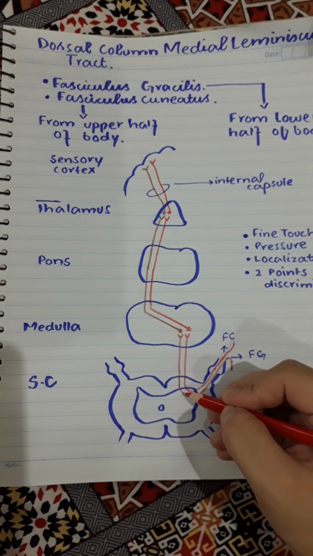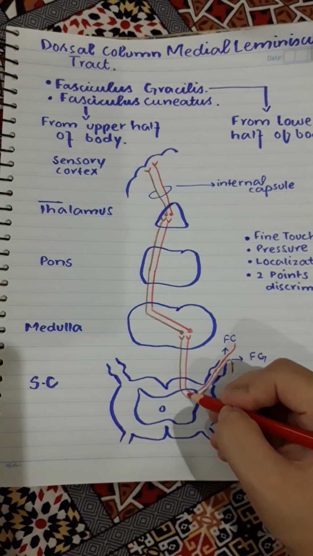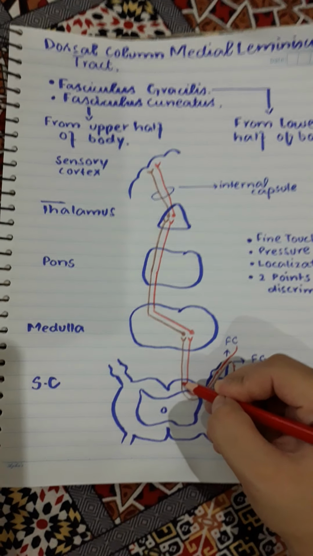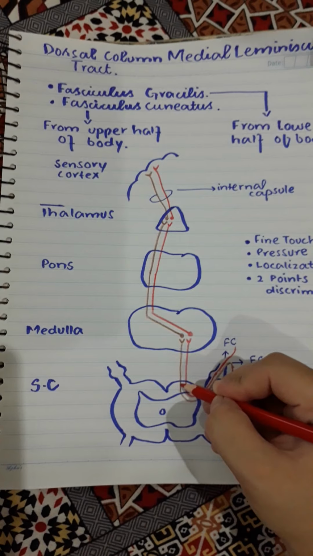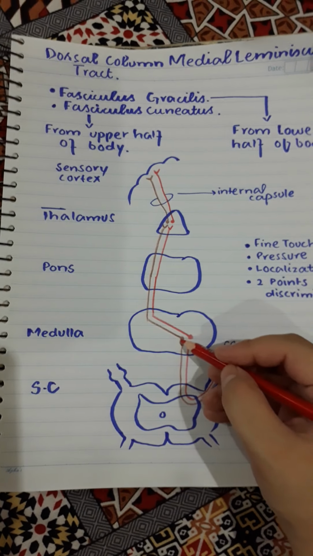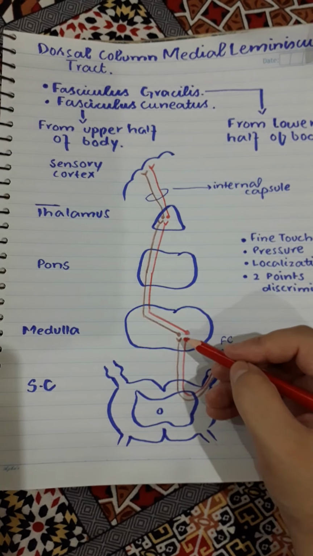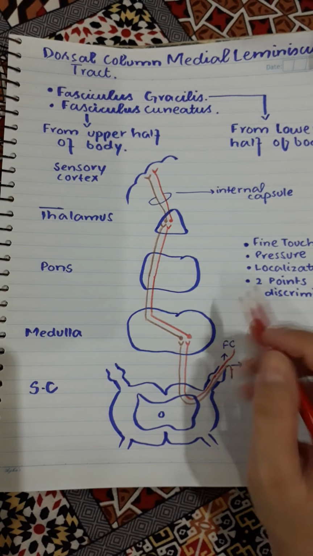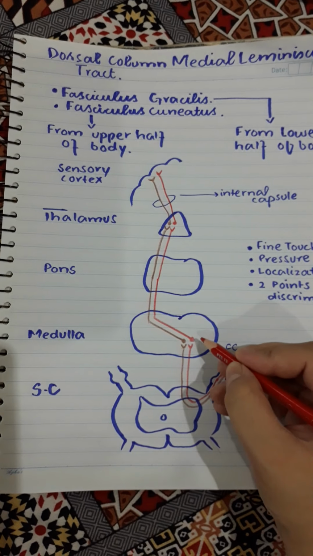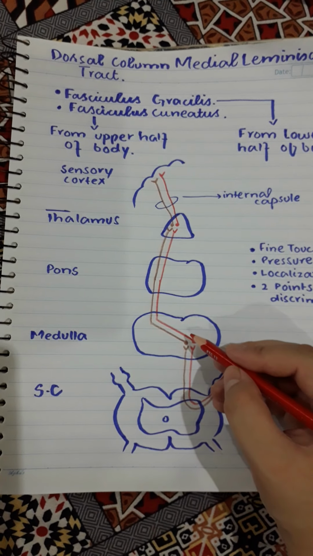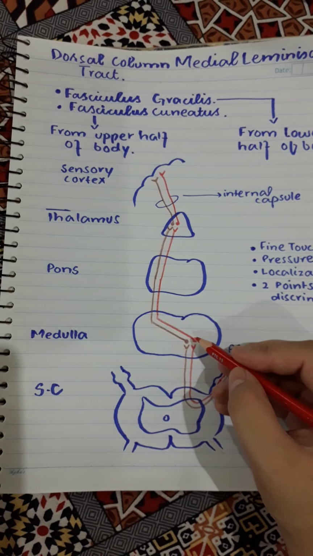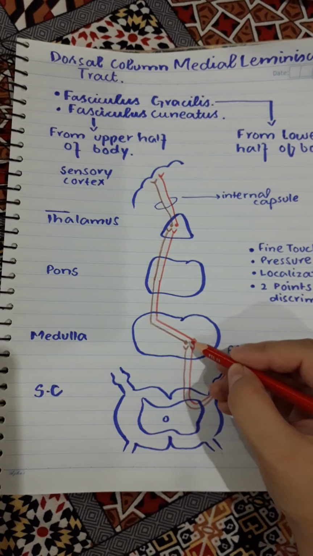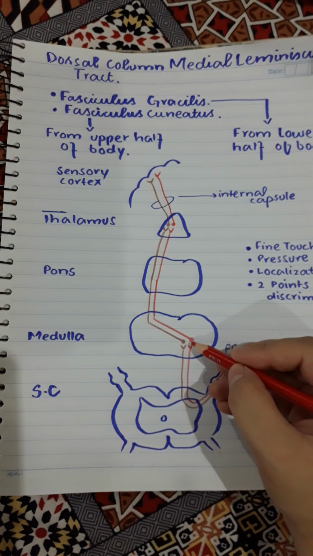These fibers enter through the posterior root. Then they enter into the dorsal or posterior gray column, but they do not reside in it. They rapidly enter into the posterior white column, and they run through all the sections of the spinal cord till the medulla, which is part of the brainstem. In the medulla there are also the fasciculus gracilis and the fasciculus cuneatus nuclei. So they synapse with these nuclei which are present in the medulla. So this is known as the first order neuron. The first order neuron lies in the medulla.